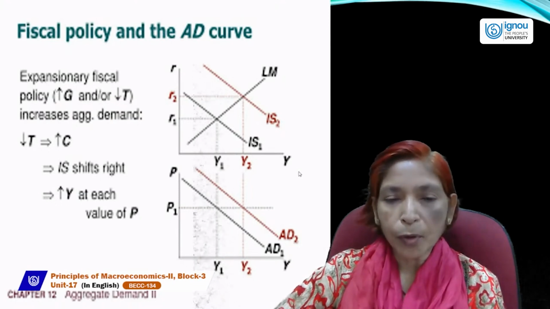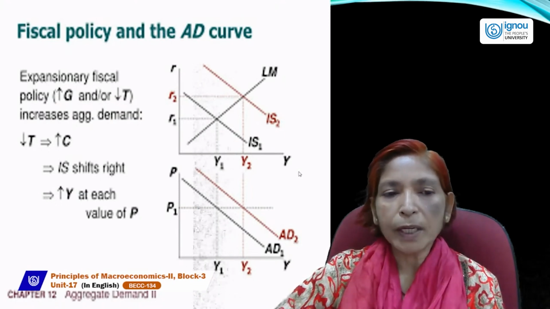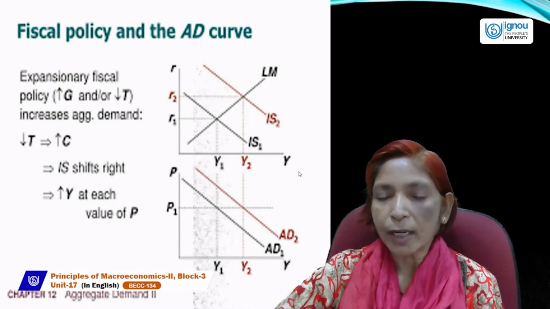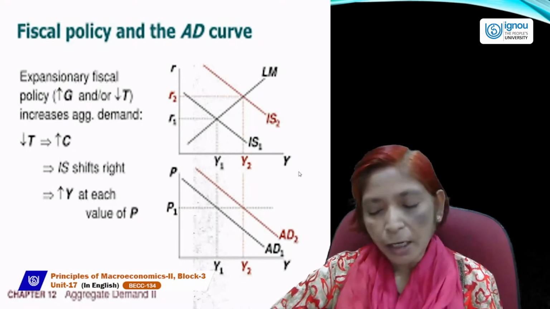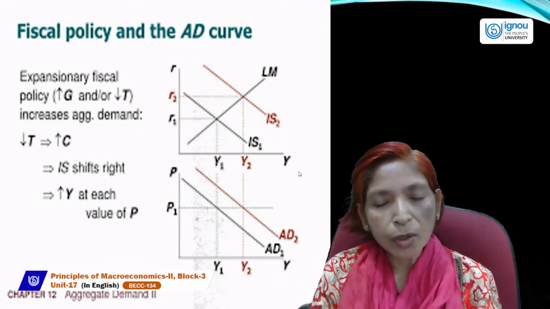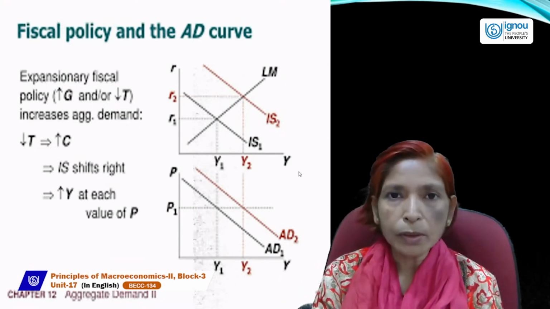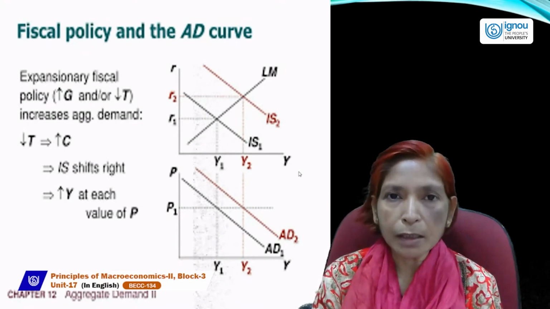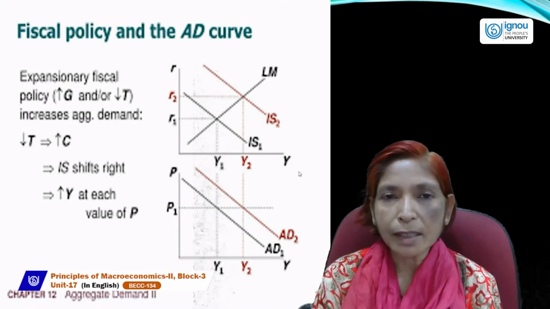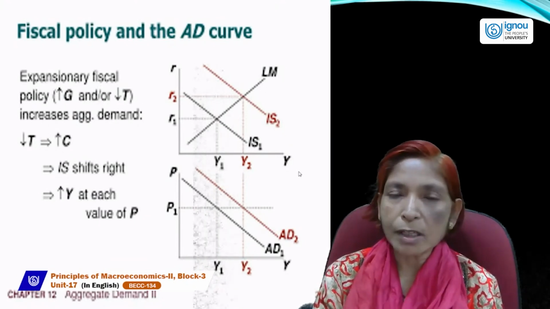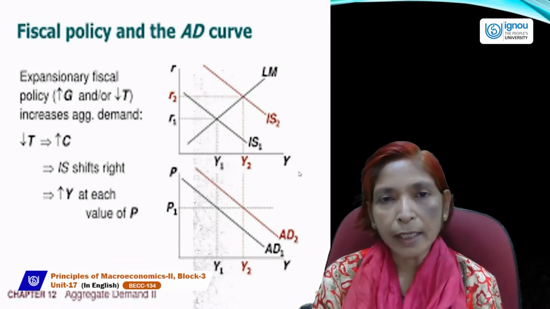At this equilibrium point, the rate of interest will be R2 and the equilibrium level of income will be Y2. If we join these two equilibrium points to another curve, then we can show the shift in the aggregate demand curve with the help of ISLM curve analysis, and we can show the impact of expansionary fiscal policy on the aggregate demand